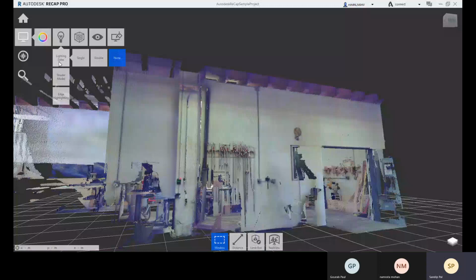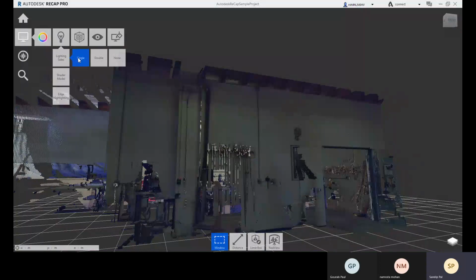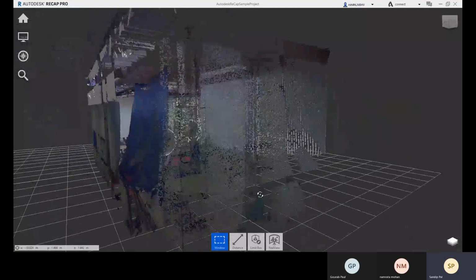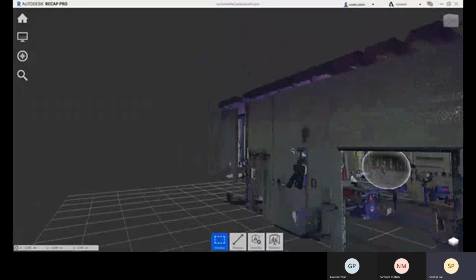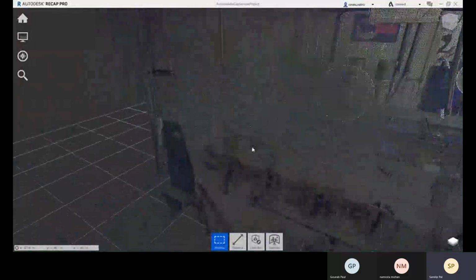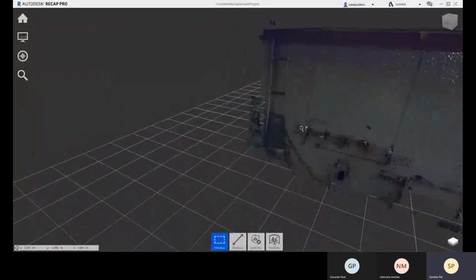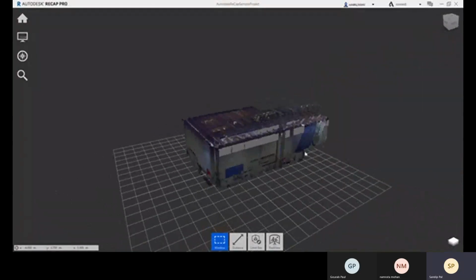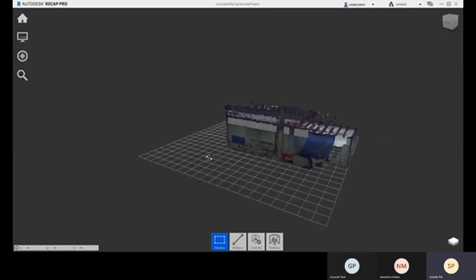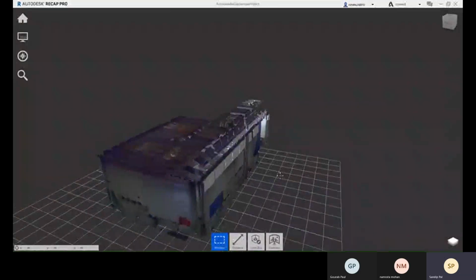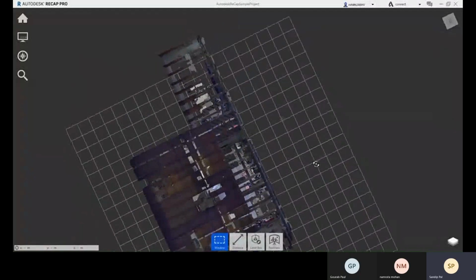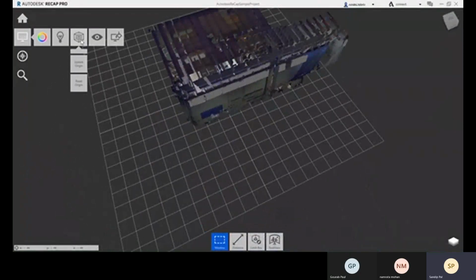We have this lighting sides option. If you go for single, you can see that from one single side you are getting light. You can choose one single side, and you will get light from that side.